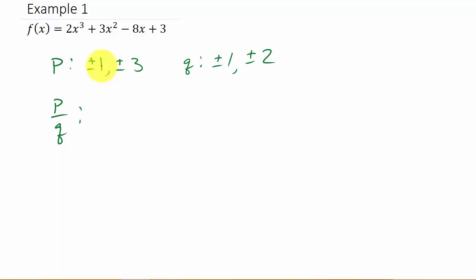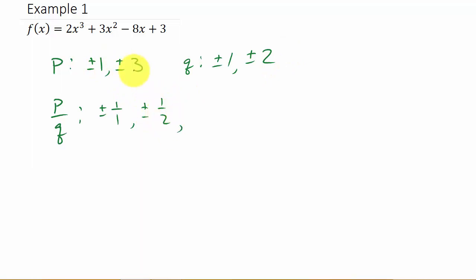So what I'm going to do is take the 1 and put it over this, and put it over this. Okay. And remember, it's going to be plus or minus. I'm going to write it all out. Plus or minus 1 over 1, plus or minus 1 over 2,